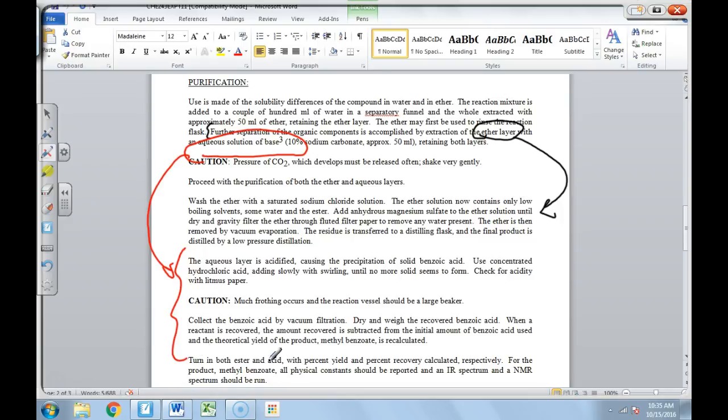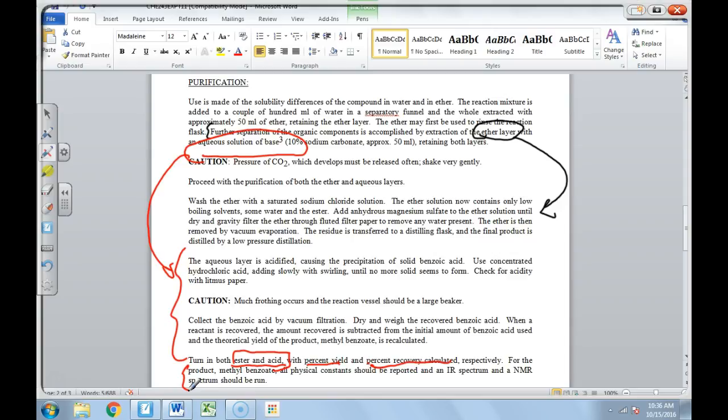So it says turn in both ester and acid. Okay, so tell me how much ester and acid you're going to have. Turn it in. I'm actually going to want to see the product. You're going to hand it to me in a container. Okay, and you're going to determine the percent yield of the ester, of the methyl benzoate, and you're going to tell me how much you recovered for the benzoic acid, and then you're going to figure out all the stuff about the product, the physical constants,